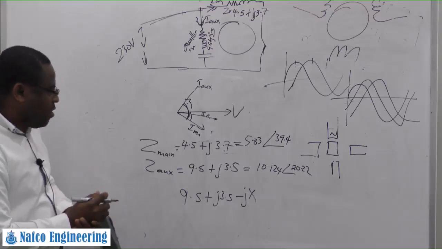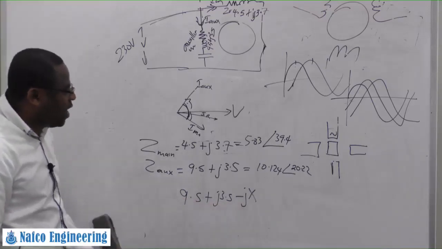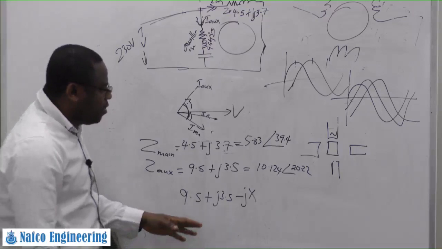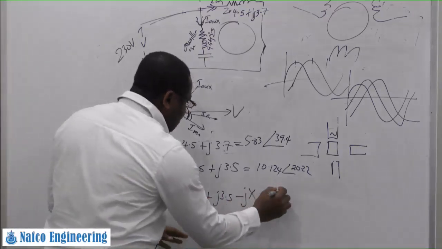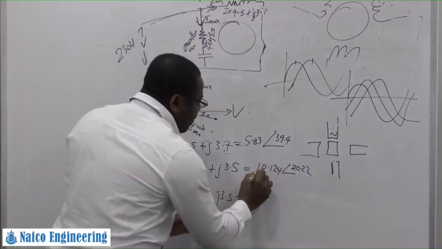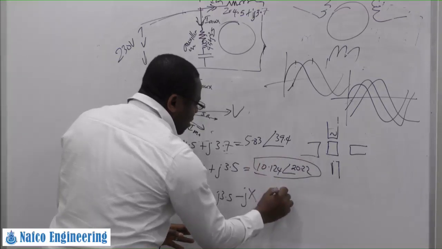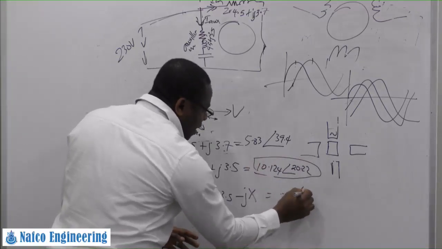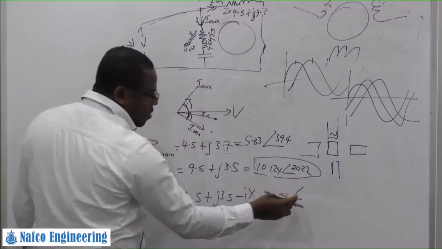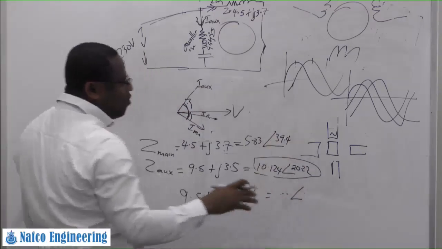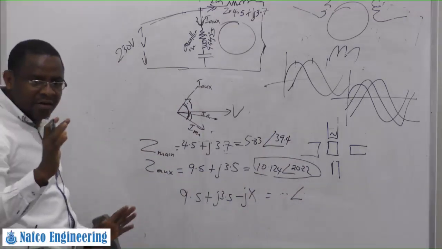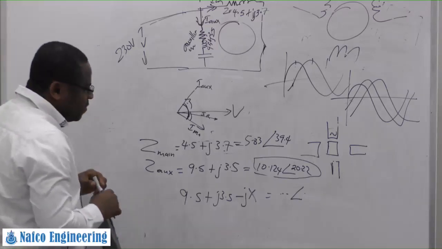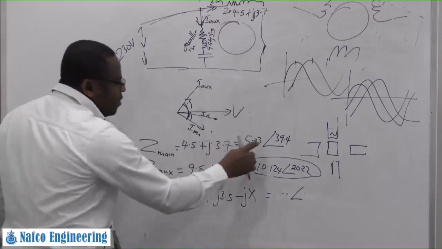I want to put a capacitor so that if I put it, I'm going to have a different value from this, something with a certain angle, but the difference between this angle and that angle must be 90 degrees. So what I'm going to do first is, for us to have